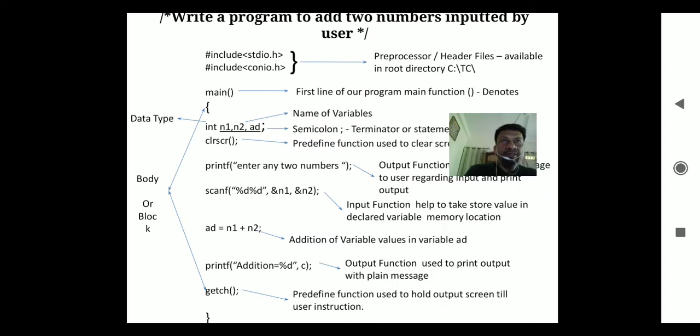First, equals to is an assignment operator used to assign the value to the variable, n1 equals 10. Here 10 is the value assigned to the variable n1. %d is a control string used to store or display the value of a variable. Double quotation marks, string, generally used to print the message, used to display or print. Here we learn one mathematical operator, that is addition. Plus symbol is used as a mathematical operator in this program.